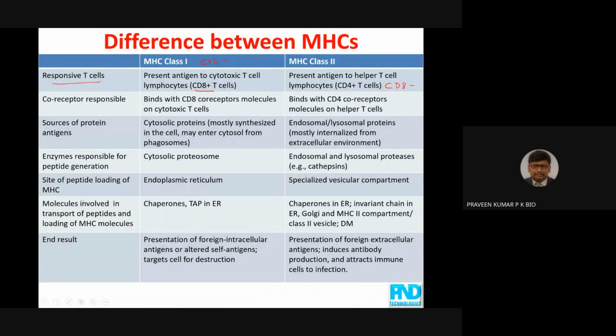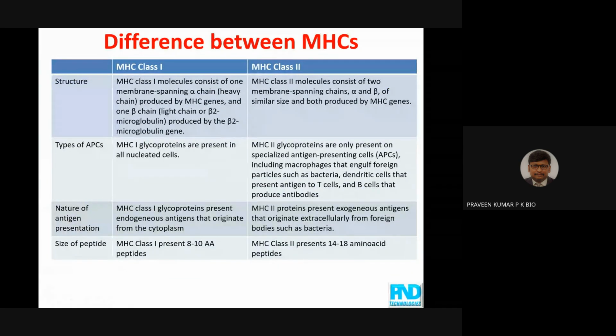More about this, you can study from immunology books. Not only that, we can also see that MHC1 and MHC2 vary with respect to structure, types of APCs, nature of antigen presenting, size of peptide. So everything varies. According to the textbook, the MHC class 1 peptide is around 8 to 10 amino acids,